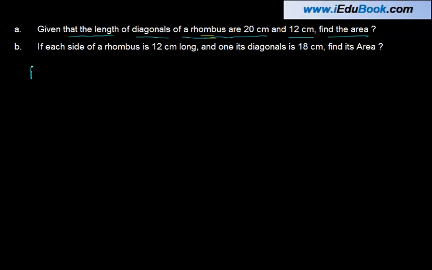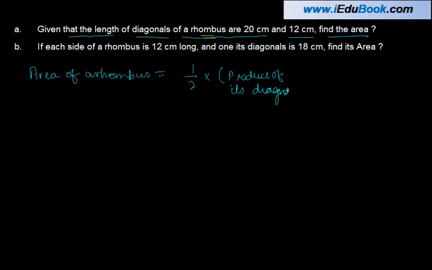Now we know that the area of a rhombus is equal to half into product of its diagonals. So let's say you have a rhombus PQRS. Two properties of rhombus are that these diagonals, which is SQ and RP, bisect each other at right angle, right? And the area of the rhombus is basically equal to half into product of